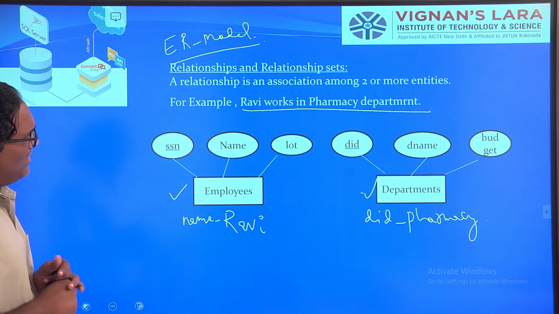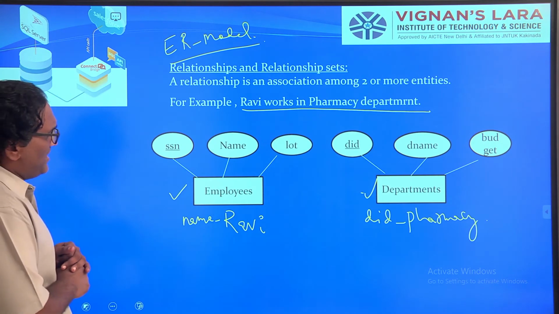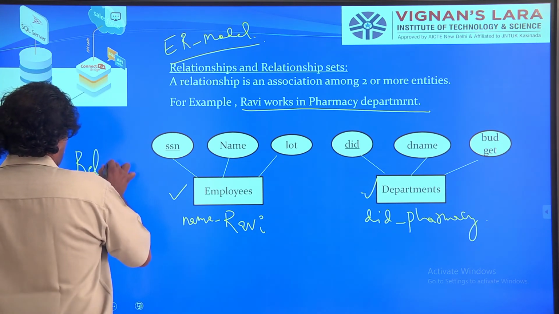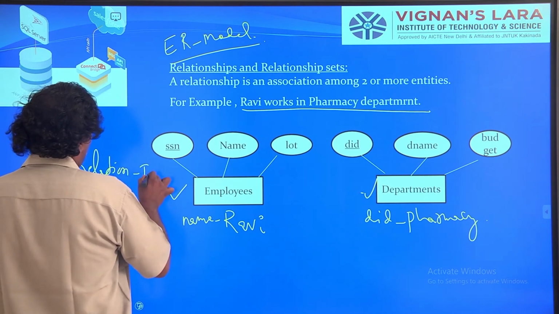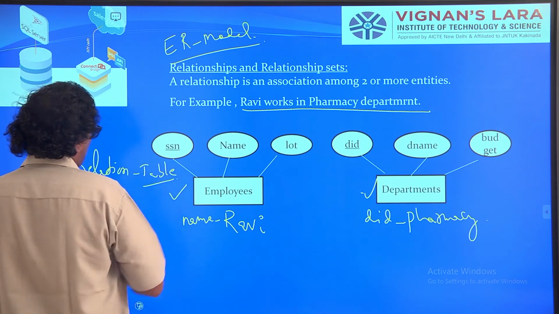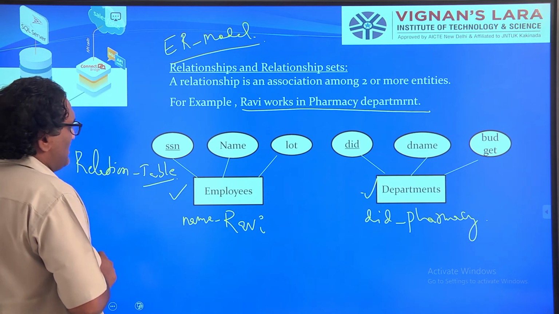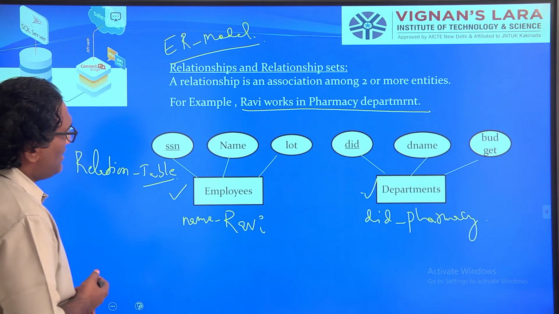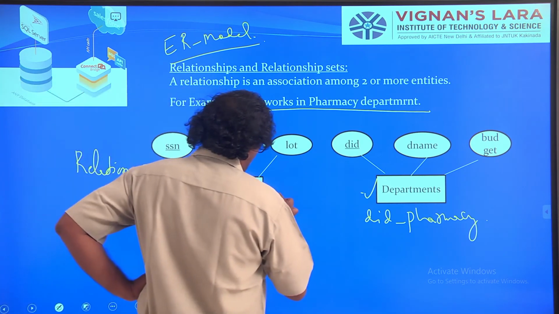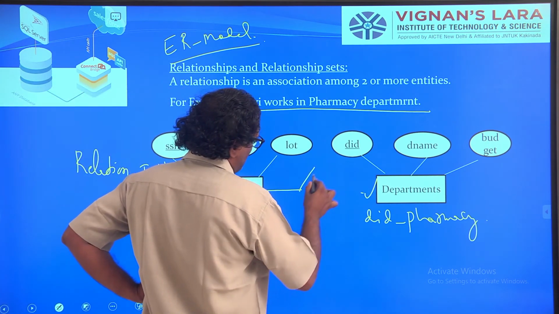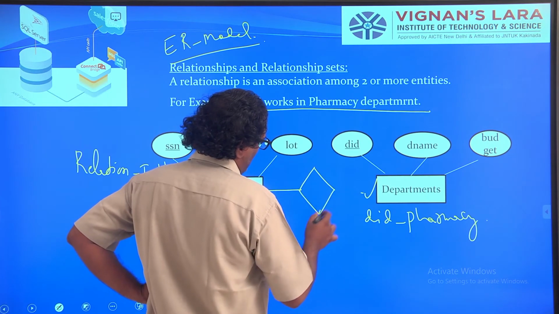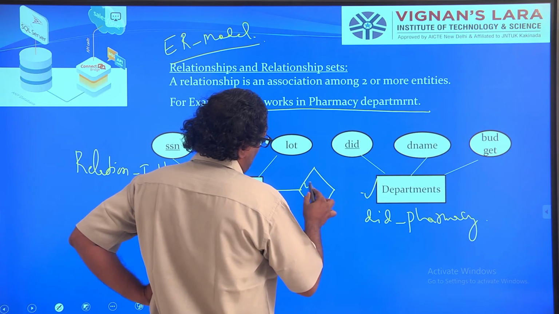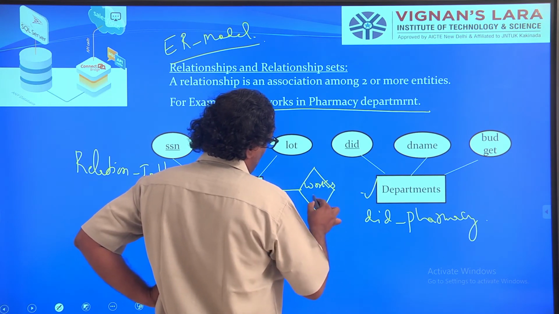Now, generally relation means table. So what is a relationship? If we extend this, the relationship between these is, Ravi works in, this is the works in relation.